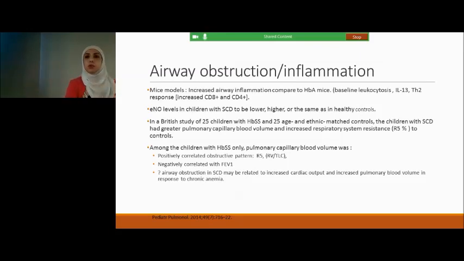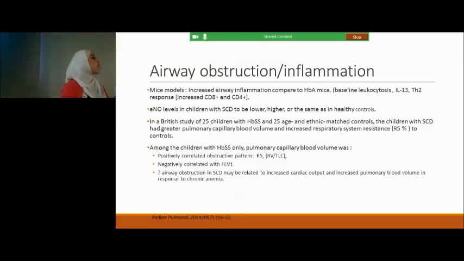A few studies, you can find them in the literature, very new studies, relatively in 2014. They looked at kids with sickle cell disease and measured the pulmonary capillary blood volumes, and they found that it correlates with findings of airway obstruction. It correlates with residual volume, which is air trapping, right? It correlated negatively with FEV1, that's airway obstruction, and also